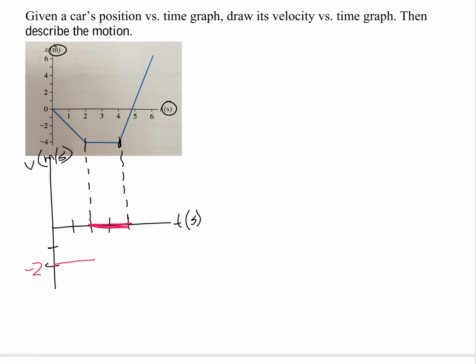Now what happened on the next segment? It went up 10 in 2 seconds. From -4 to +6, that's a change of 10 in 2 seconds. So 5. So that's a slope of 5, that's right. So now in this